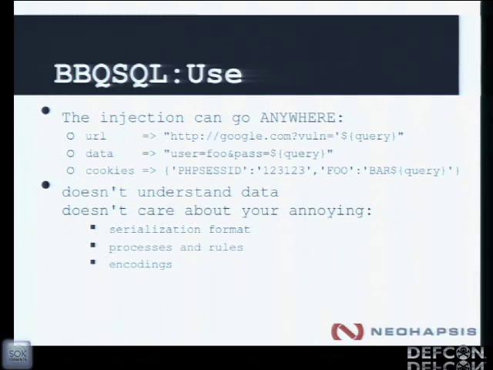I opted not to use an existing templating language. I kind of rolled my own because it was simpler for this. So here you see a URL, or here too actually. You see the URL, and then you see this thing called query inside of this ${} curly brackets. So that is where the vulnerability is, that's where the SQL is going to get injected